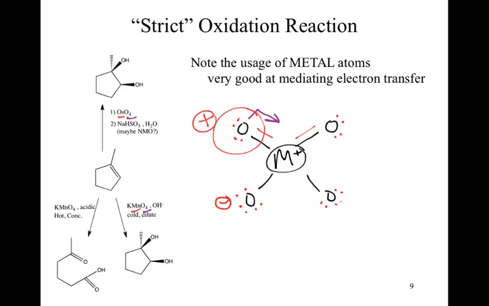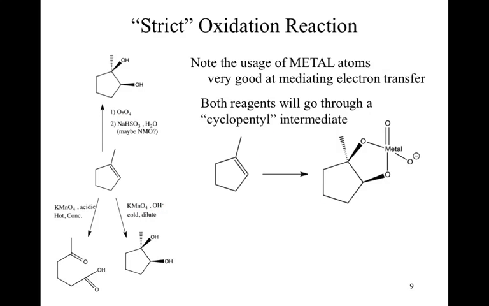If we then bring the alkene up close to this, and we pick that one as a nice simple one, remember if we went through and did resonance, the best resonance structure would be to put the electron density on that carbon. We'd have the negative there and the positive there. What ends up happening is that you can now see that we have a matchup of our positives and negatives. That matchup is what allows for the attack of the alkene, or the interaction of the alkene with that metal-oxygen complex. And what we end up forming is a pseudo cyclopentane structure,